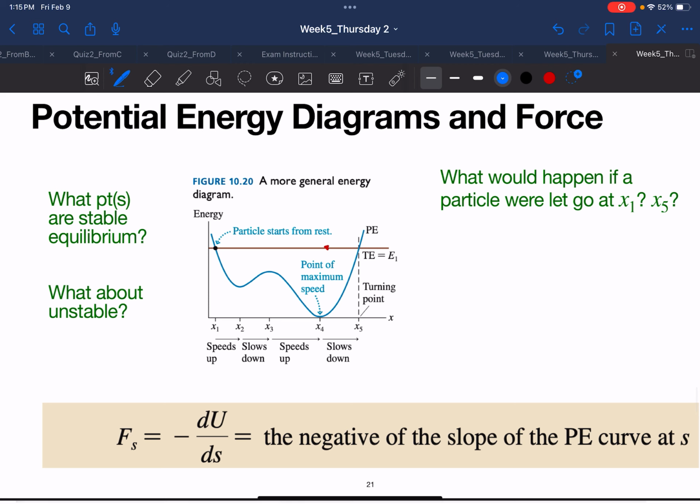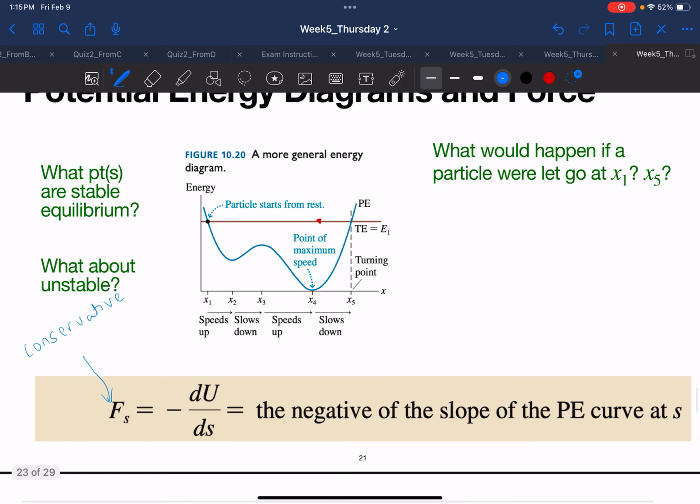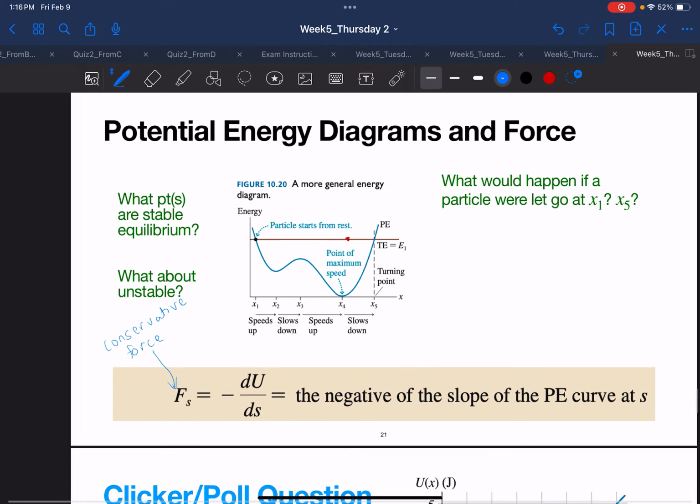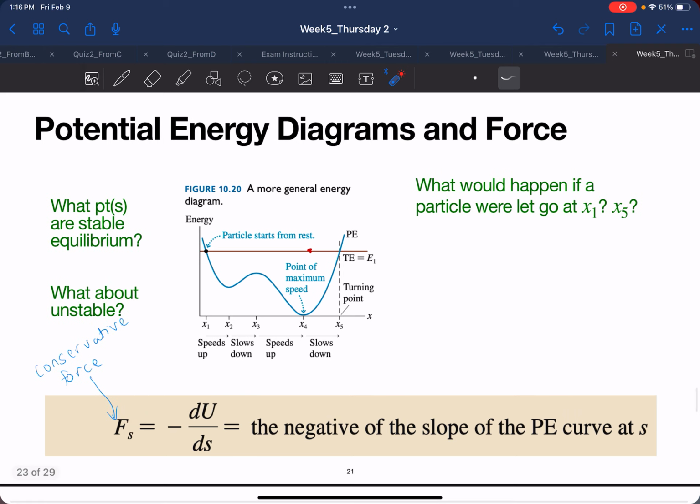So basically here F is some form of a conservative force, and examples of this can be the force from a spring or the gravitational force. And you might remember from earlier in the lecture when we talked about conservative and non-conservative forces, we mentioned that conservative forces have an associated potential energy function. So there's a very specific relationship between that potential energy function and the conservative force, and that relationship is that